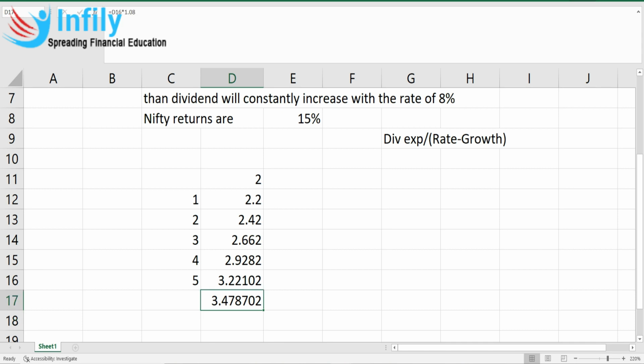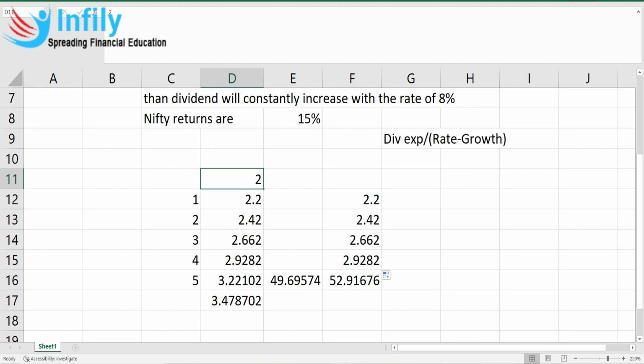So for this cell this will be the dividend expected, divided by rate minus growth. The rate will be your Nifty returns and the constant growth rate will be the growth rate. So in this cell you have the value, and this is the dividend for this particular stock, and the remaining future earnings are like this. Why have I not taken 2 rupees? Because 2 rupees is the current dividend and these are all future earnings of the security, right? In this cell I have taken the dividend as well as the valuation according to this formula.